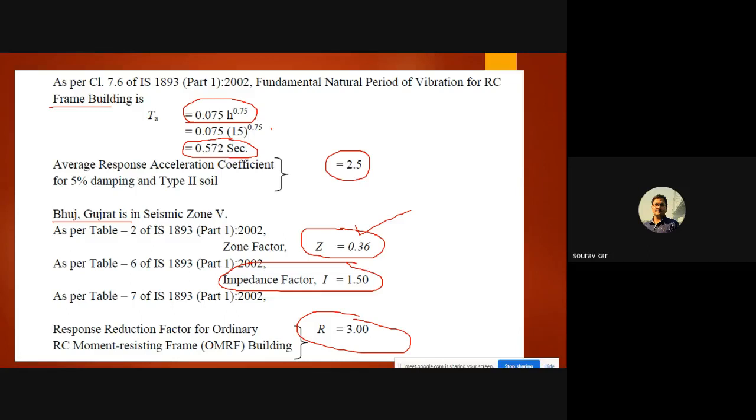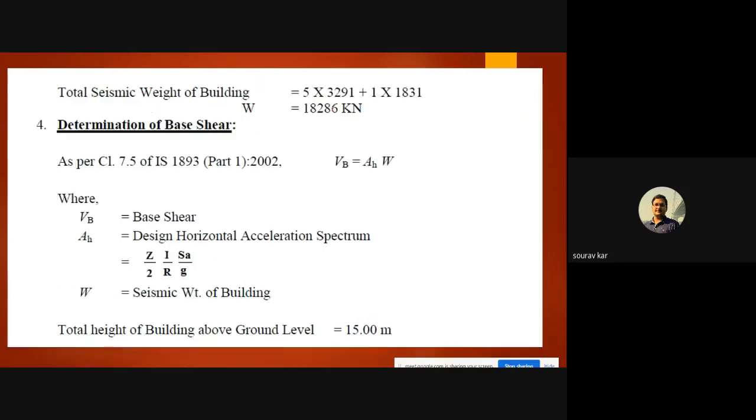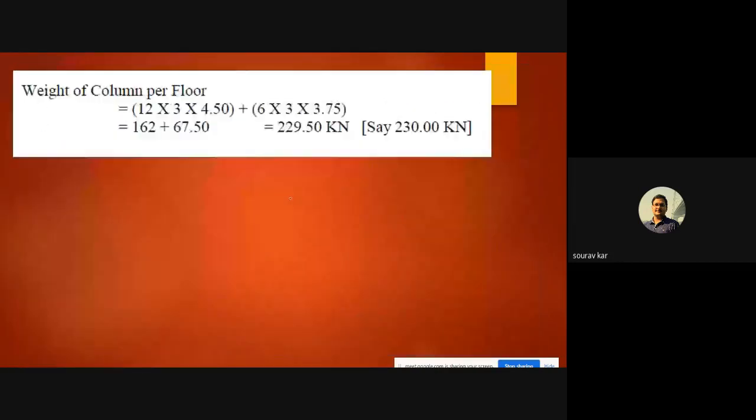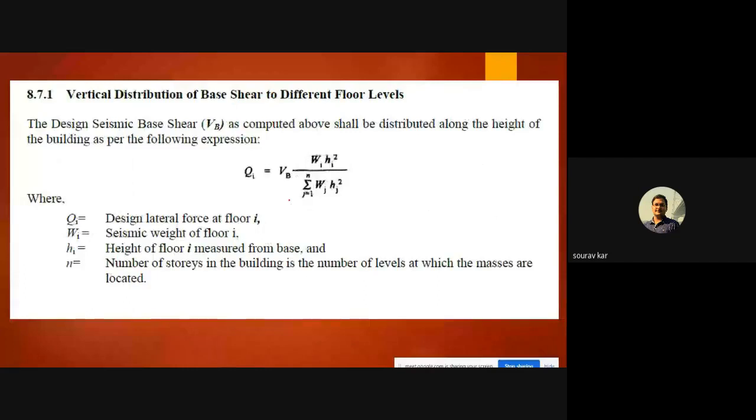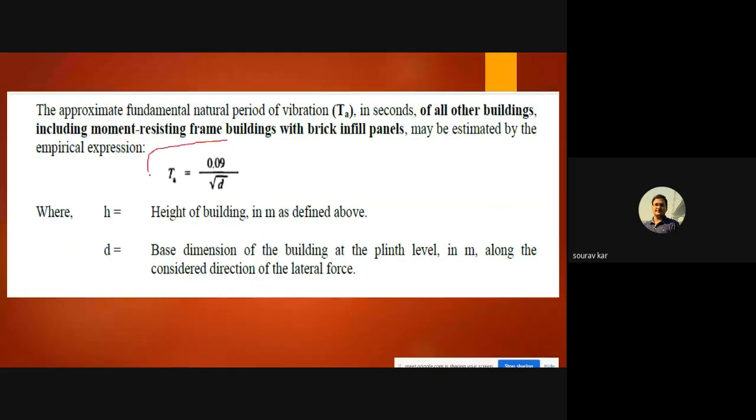But in construction, we all know that along with the frame structure, we have the brick infill walls. So we will also put the wall loading, right? So we will use the formula I showed you. Coming to this one, Ta equals 0.09 into h divided by root d.